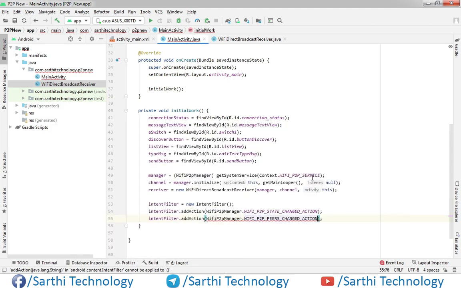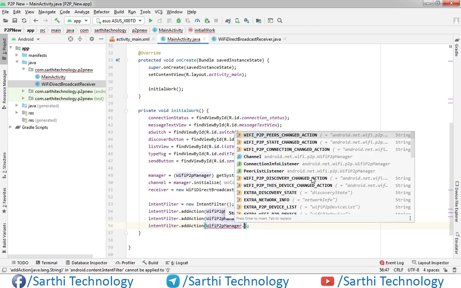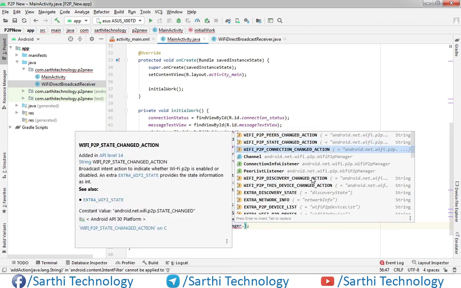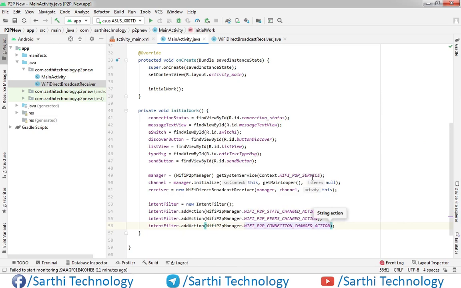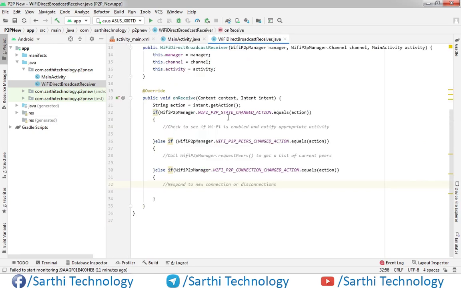Second is peer change action, and connection change. Okay, so state change, peer change and connection change.